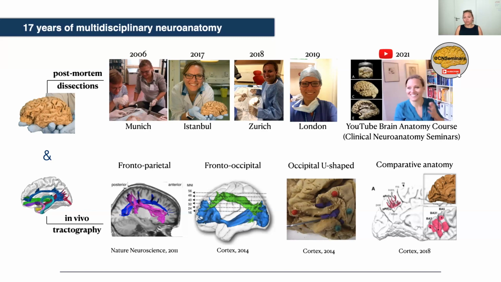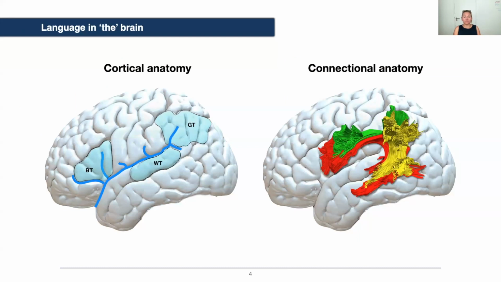Now, what these techniques, if we put them all together, have taught us about the brain is a general understanding or a general map of the brain of how things work and where in the brain. And I want to use my talk to discuss the neurobiology of language as an example of how important variability is. So when we look at the neurobiology of language,